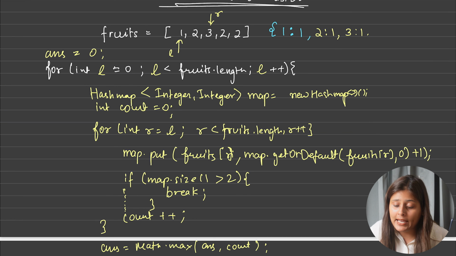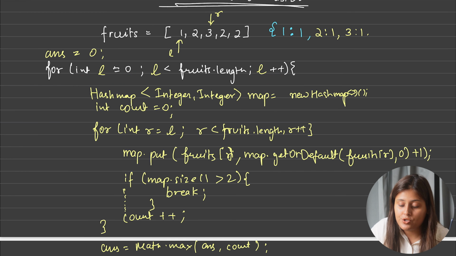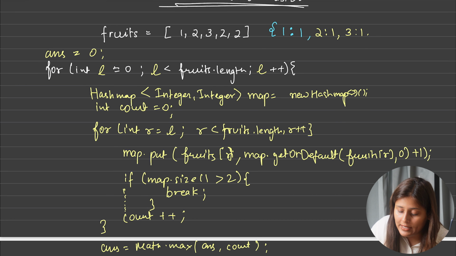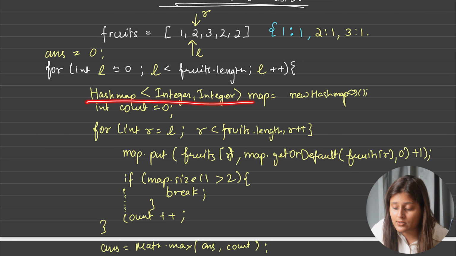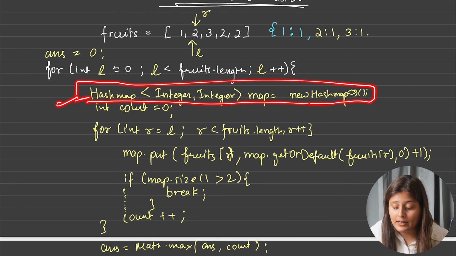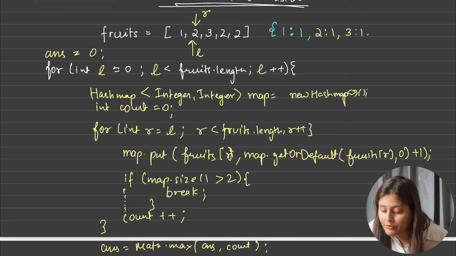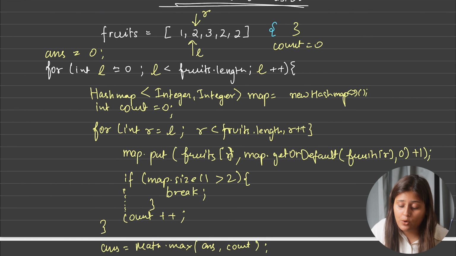So after updating, again what will happen, this left pointer will initialize with index 1. So now we will initialize this right pointer and left pointer again. So the left pointer now will point to the first index and the right pointer will again start from this index, correct? After starting, you can see here inside this first for loop, we have to initialize the hash map and count again, because now we are looking for another window. So again my hash map will be reinitialized with an empty hash map, and the count variable we will also initialize with 0, correct? So as of now, can I say my answer, which is the maximum answer, is nothing but 2?